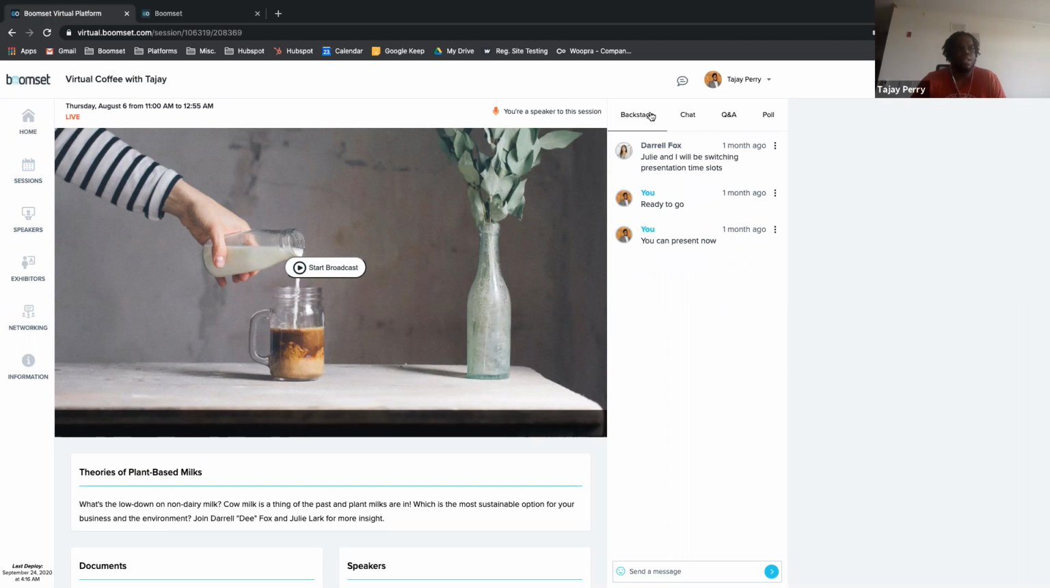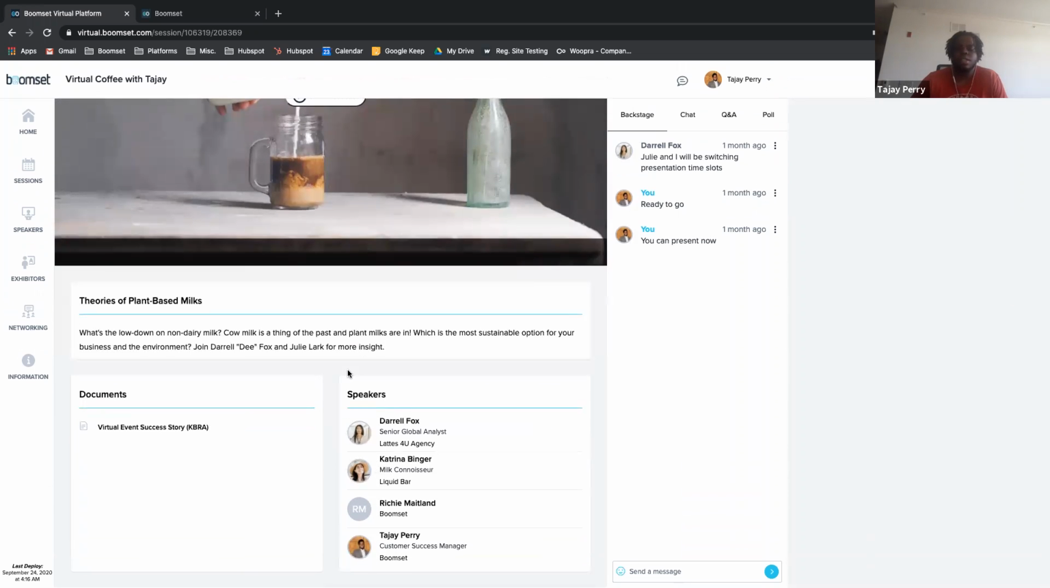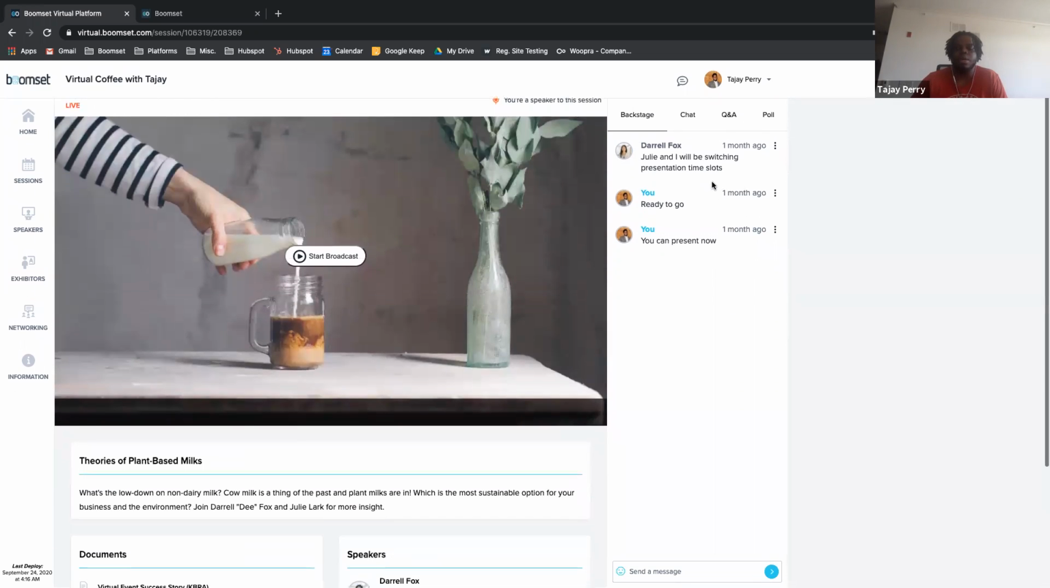Over here, there is a backstage chat. And this backstage chat is only accessible to all of the speakers for this session, and it's going to be accessible by all the admin level personnel within the virtual platform as well. And so no one that is a general audience member will be able to see this. And in that same breath, no one who is a speaker for a different session can see the